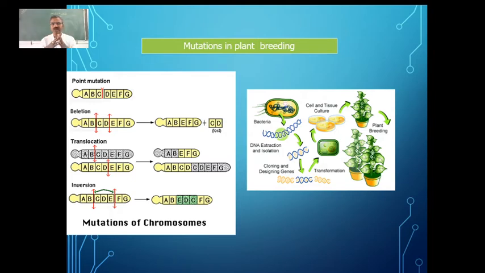What is mutation then? It is nothing but changing the genome. Changing the DNA sequence is what we call mutation. That can be done either by us or it can happen naturally. There are many natural agents responsible for mutation, like X-rays, so many chemicals, and radioactive radiations which are causing mutations in nature.